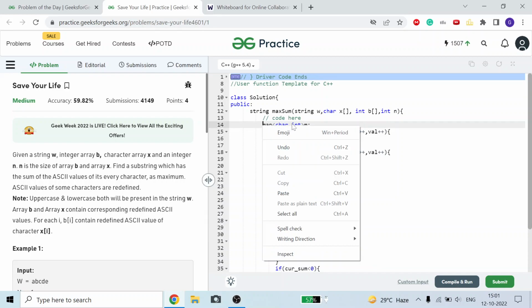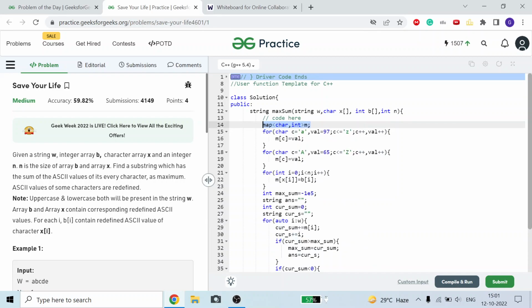So here what we are doing is taking a map of character comma int. Character comma int means for a particular character, this int is the ASCII code of that character. Now we initialize all the ASCII codes. For small a to small z, the ASCII value starts at 97, and I increment this one by one, incrementing the character as well, so the character c has the ASCII value equal to value.